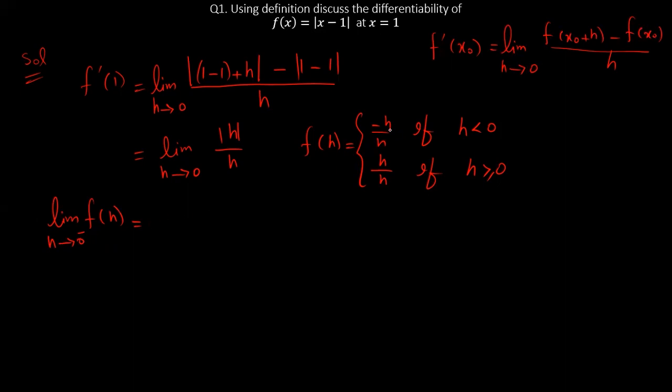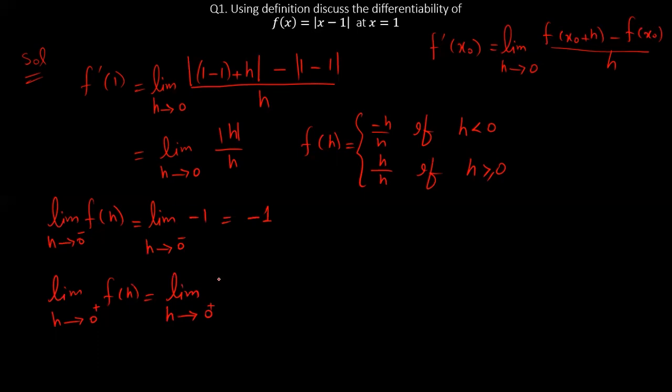From here we can see that the left hand side of h at 0 is this one, and we will use this function over here, and this will give us the limit as h approaches 0 from the negative side, and what we have here is a constant number, so our answer will be minus 1. And similarly we can calculate the right hand limit of this function f of h,